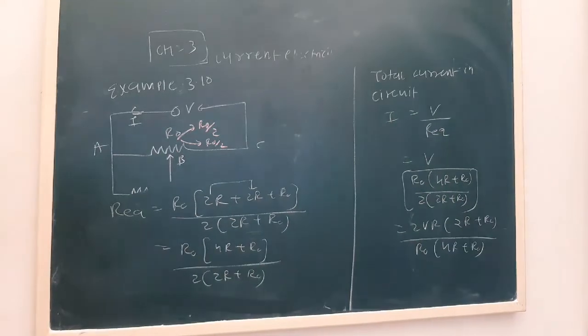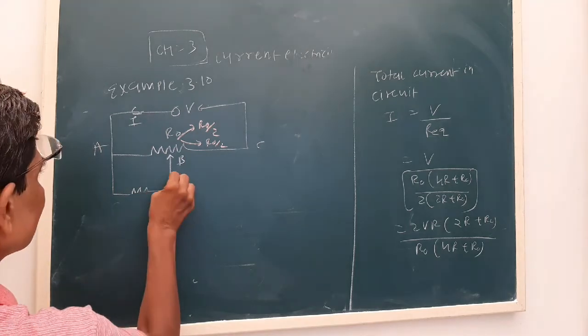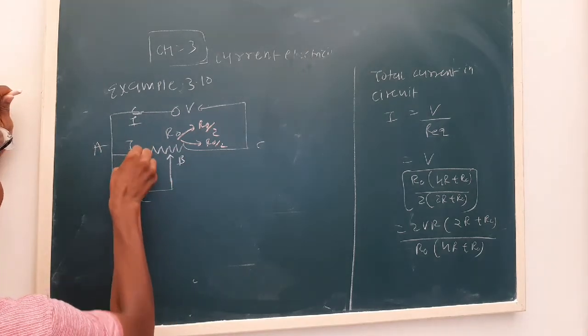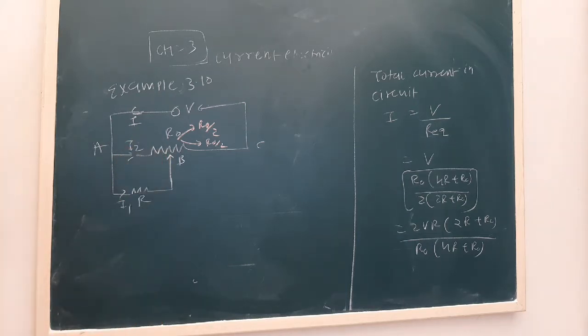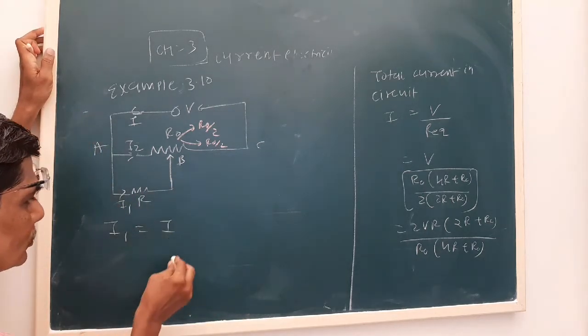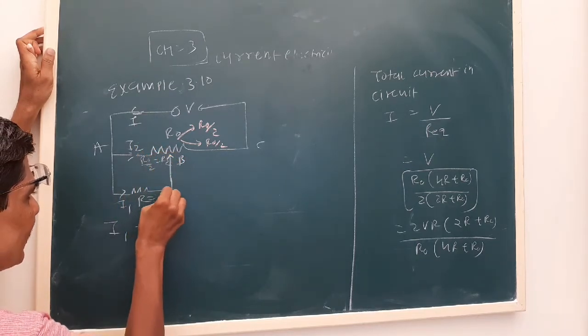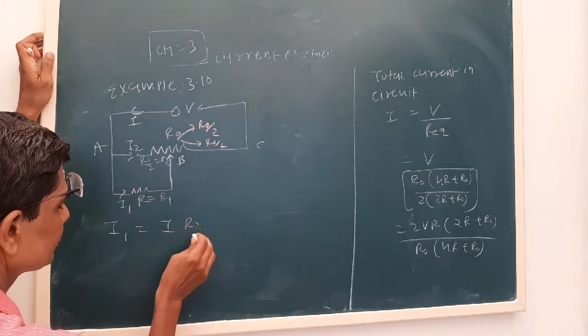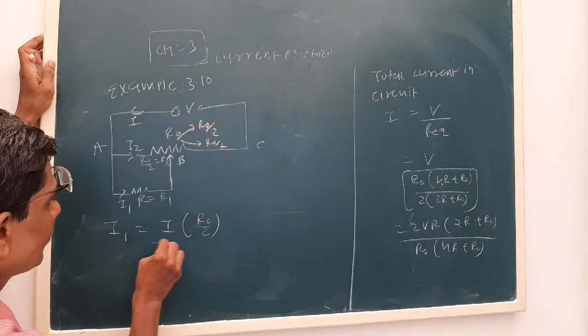Now see, total current will be divided into two branches, let us say I1 and I2. So by using the current division method, I1 is equal to I R2. What is R2? This will be R2 and this will be R1. R2 is R0 by 2 upon